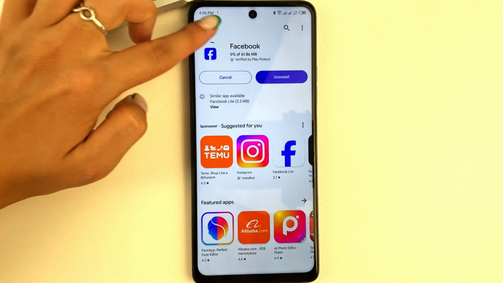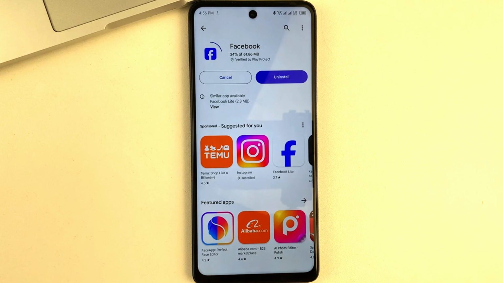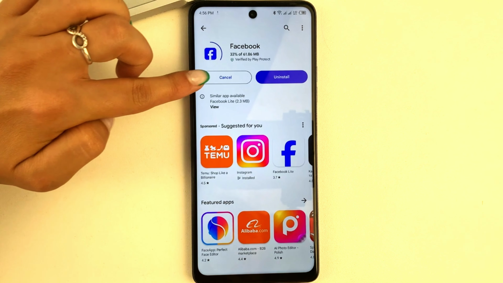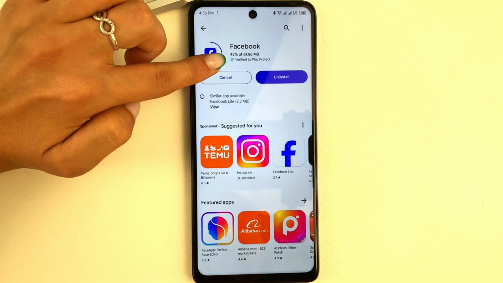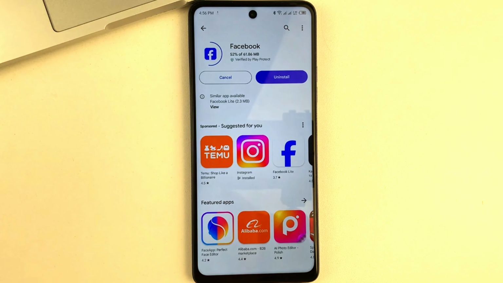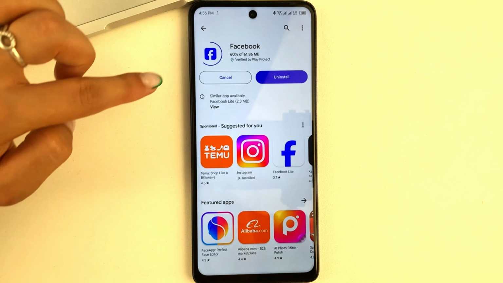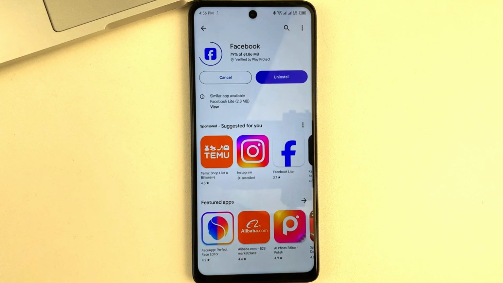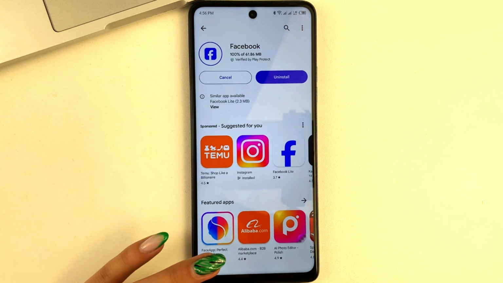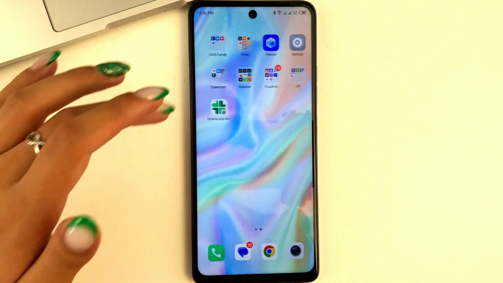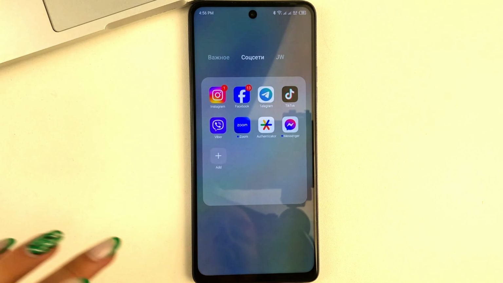Next, you will need to wait for some time for this application to install. It's going to be exactly the same as I have it updating right now. It'll have a percentage like this, and there will be a scale like this, which will close. When it closes, it will mean that the Facebook app is installed. And you'll be able to easily open it either from this app, right after you download it, or once the app is installed, you can find it on the desktop of your Android.